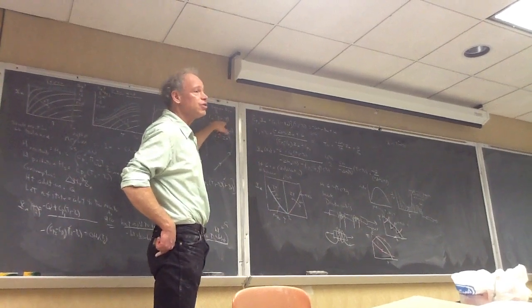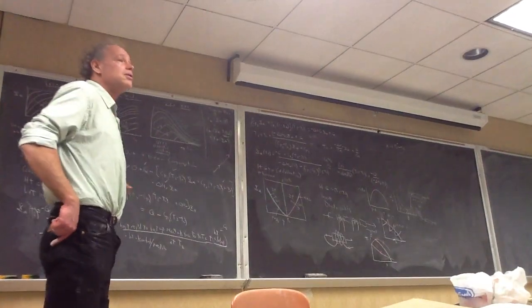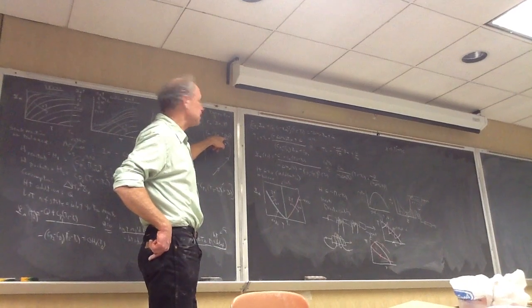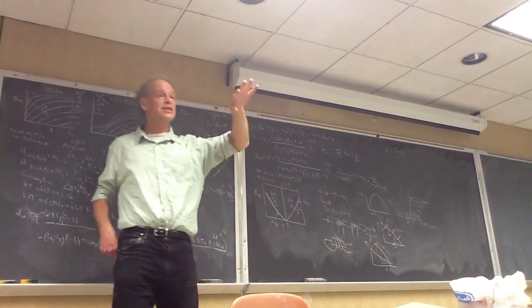If I can get that in closed form, as I did in this very simple balance, then I could plug in for T of XA and get RA as a function of XA and use the design equation. In more realistic cases,